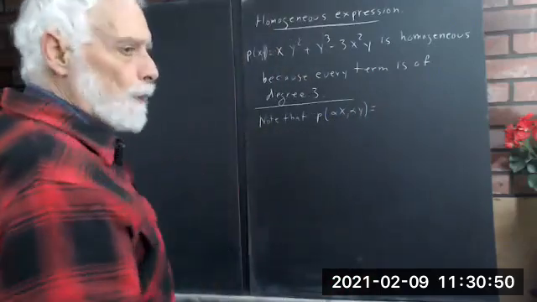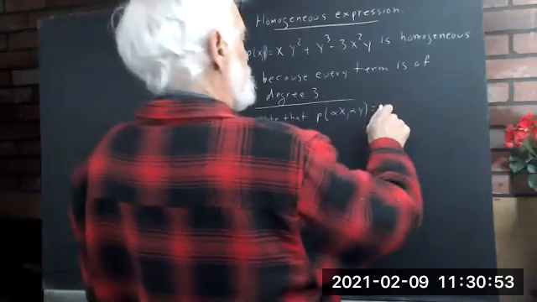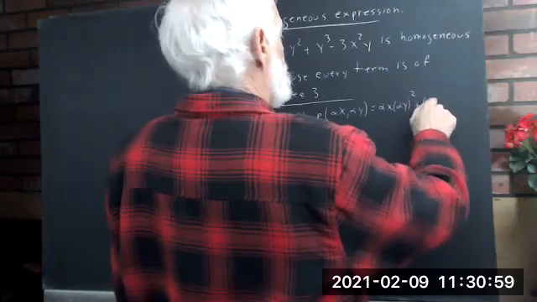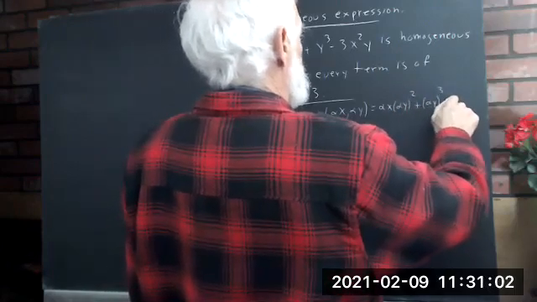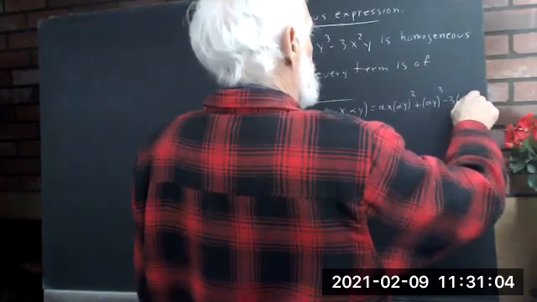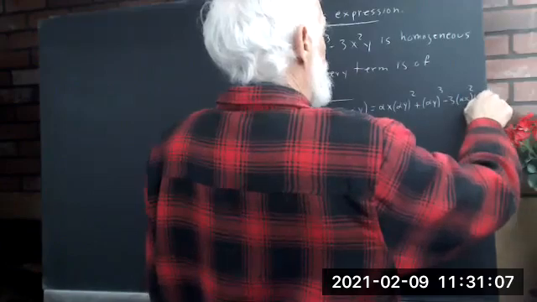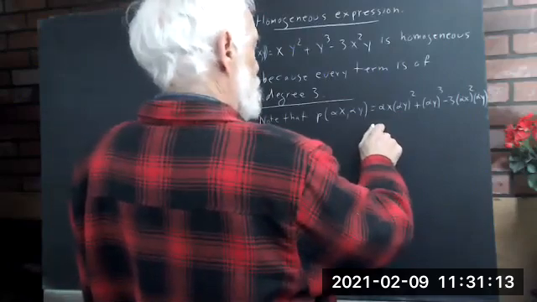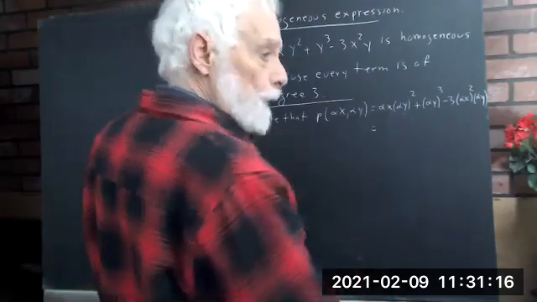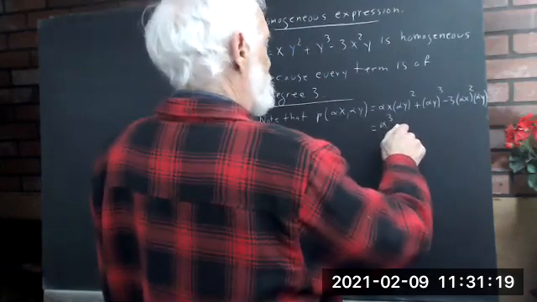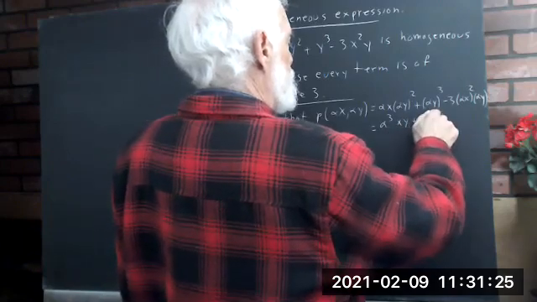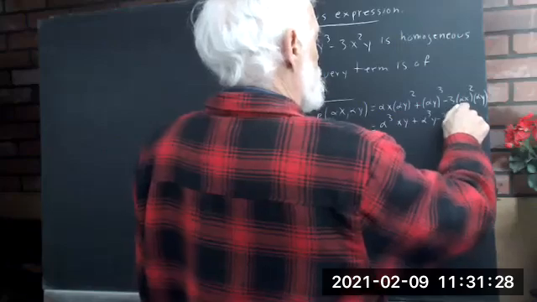So P of alpha x, alpha y equals alpha x times alpha y squared plus alpha y cubed minus 3 times alpha x squared times alpha y. Well, if I work that out, very simply, you do it in your head. You're going to get an alpha and an alpha squared here. So you get alpha cubed xy squared plus alpha cubed y cubed minus 3 alpha cubed x squared y,